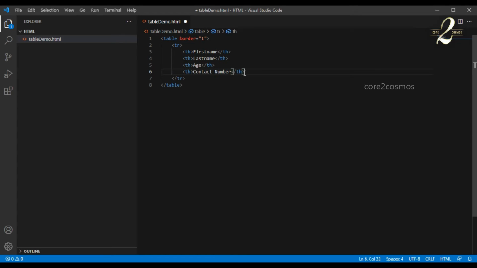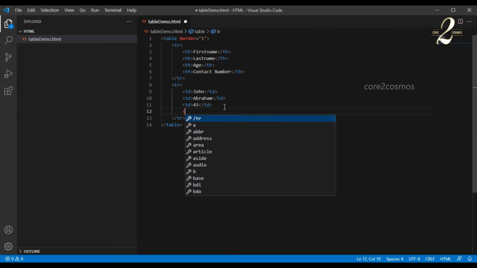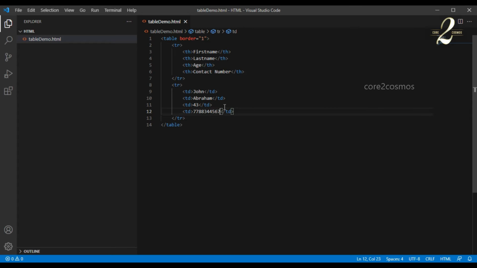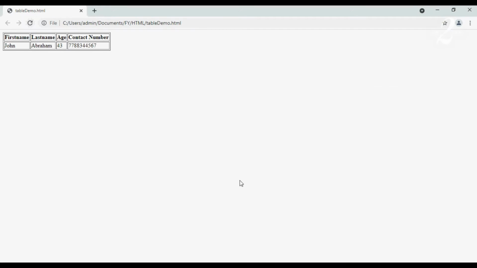and I define everything inside the table row. I create one more row and create a table cell by saying td, the value is John. Similarly, I create another table cell and say the value as Abraham. At line number 11, I create another td and give the age as 43 and contact number in the fourth